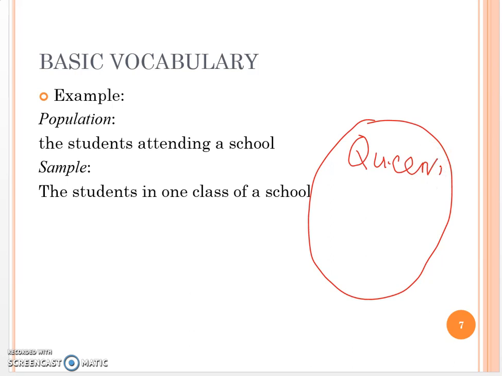Now, Queens is not too big, but still, it's impossible for us to go through each individual student to ask about their opinions if we're doing a certain survey. So we can look at one particular class of Queens, and the students in this class, say our QLC 260 learning community, that specific class, can be considered a sample of Queens students.